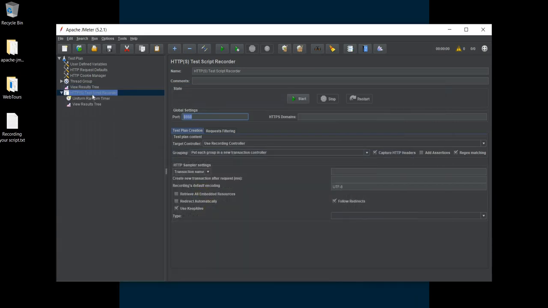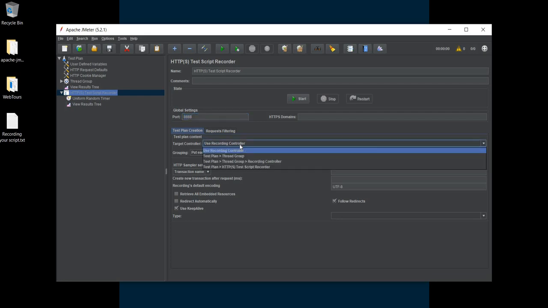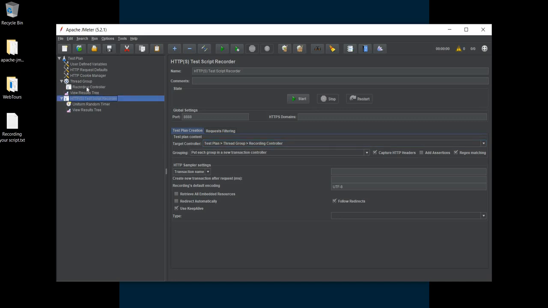Second step is you need to go to JMeter and select the template. Then after selecting the template, you go to test recorder. In test recorder, change the target controller to test plan thread group recording controller. You can find it over here, thread group recording controller.